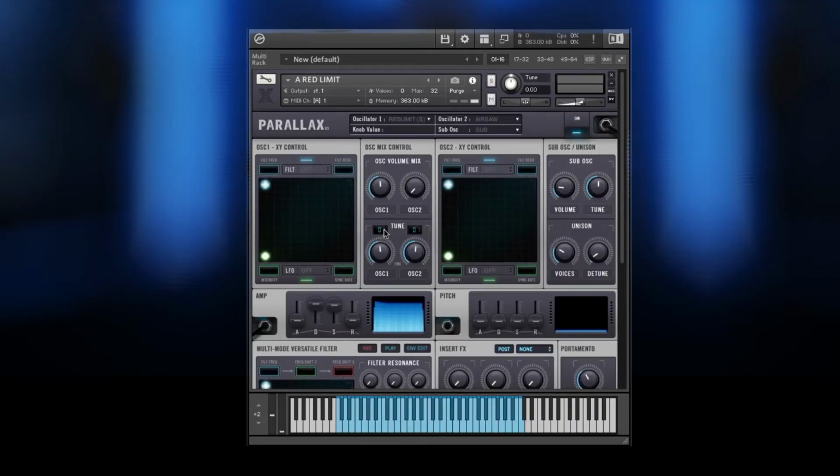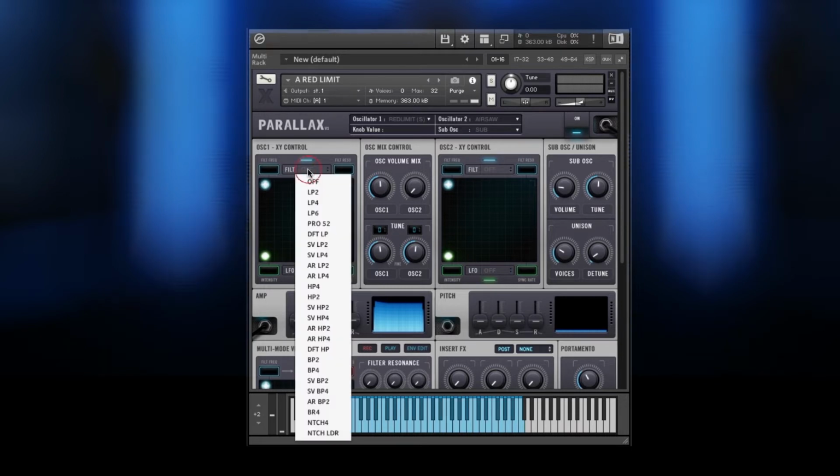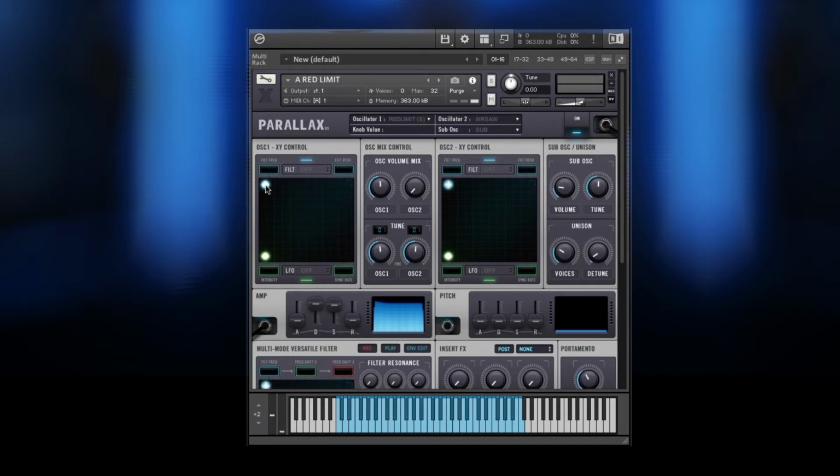Oscillator 1 and 2 are controllable by the XY pads below, and we've included 20 of Kontakt's filters which can be accessed by the drop-down menus. The 2 colour-coded XY dots correspond with the filter and LFO and are both capable of being automated in your DAW. Moving the blue dot up and down controls the filter frequency, and moving it left to right controls the amount of resonance. There are also 9 LFOs to play with to give your sound some movement. Again, moving the green dot up and down controls the LFO speed, and moving the dot left to right increases